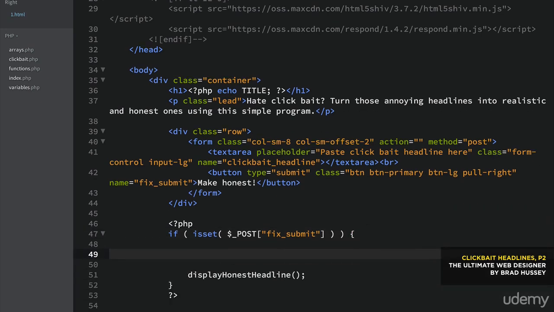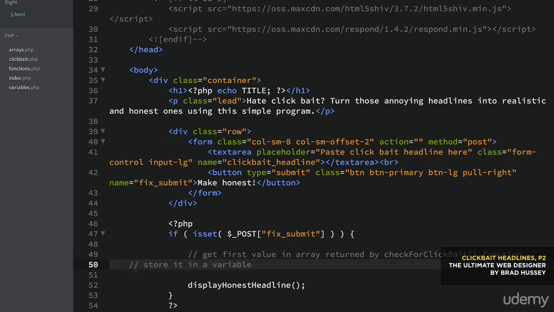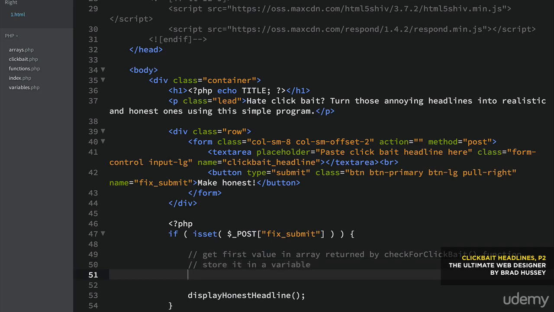So first thing we need to do is get the first value from that array returned by the check for clickbait function, and then store it in a variable. So we're going to create a variable called clickbait, and this isn't the same one as the previous one. You can call this really anything, but we're going to call it clickbait to be consistent. And then we're going to call the check for clickbait function